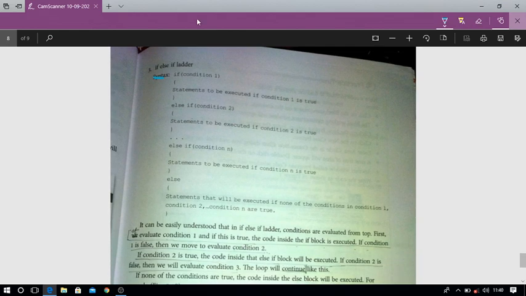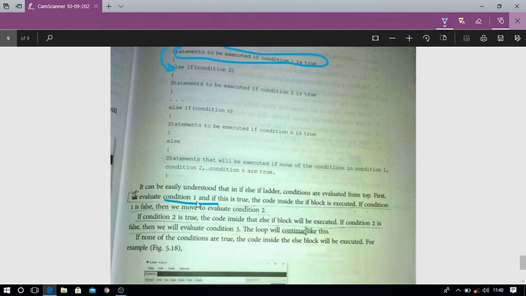In this syntax you can see, if the first condition is true, here is the statement. If the first condition is true, it executes this statement, otherwise it goes to the second condition. So if the first condition is true, the code inside the if block is executed.